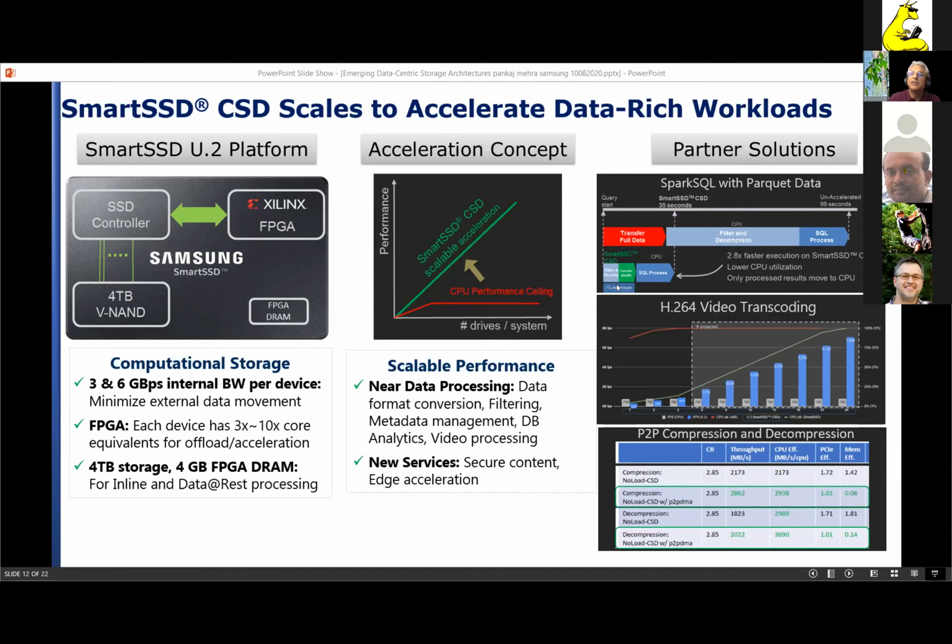For example, the company BigStream, which accelerates Spark SQL and Kafka and other workloads, has this trace from a real query on the TPC-H benchmark, where if you had executed that query in the traditional way, you would have pulled all that data out of the SSD, applied decompression and then filtering to that data, and applied downstream SQL processing like joins and group bys and so on. If instead you use the smart SSD, you first get to filter the Parquet data, then you transfer reduced data to the host.